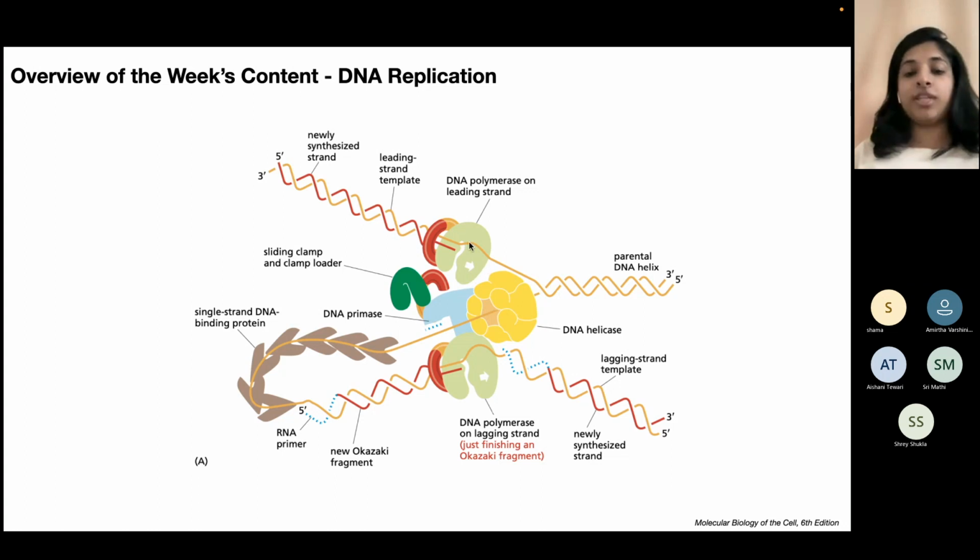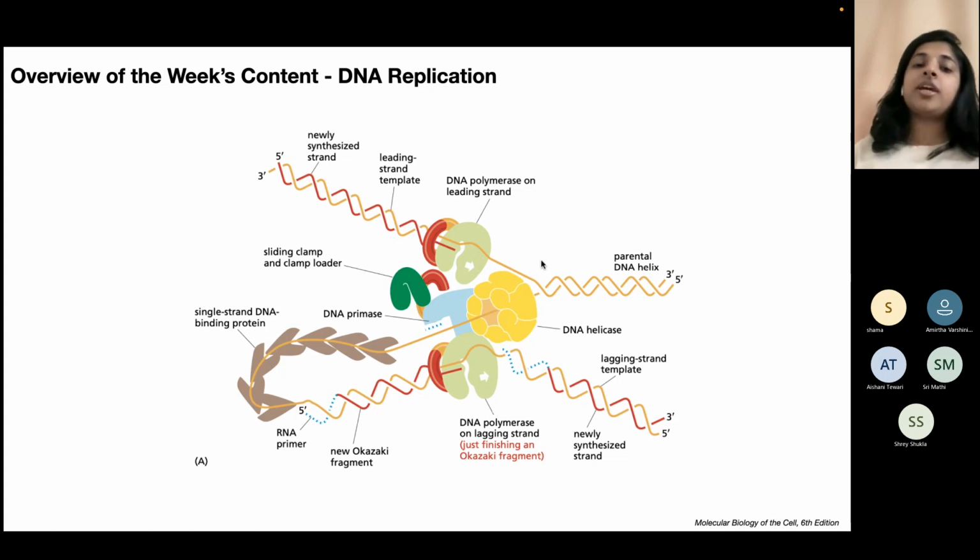And there is, of course, DNA polymerase present, and this is the actual enzyme that has the catalytic activity that is able to add dNTPs onto the 3' end of the strand, and a new strand of DNA is synthesized. In this case, the parental DNA serves as the template, and a new strand is synthesized based on that. So, because the DNA polymerase can only add nucleotides to the 3' end, there is a leading strand and a